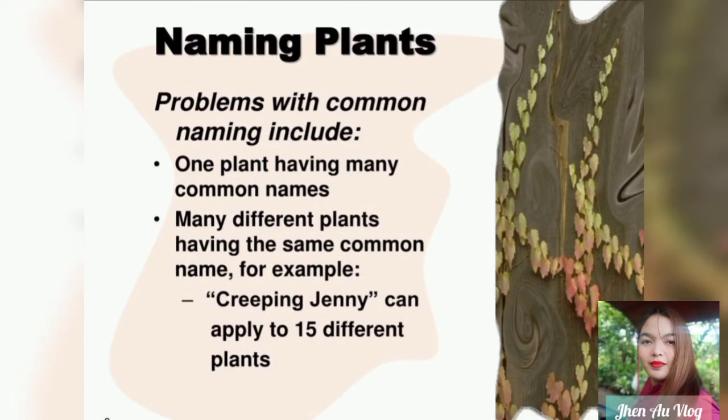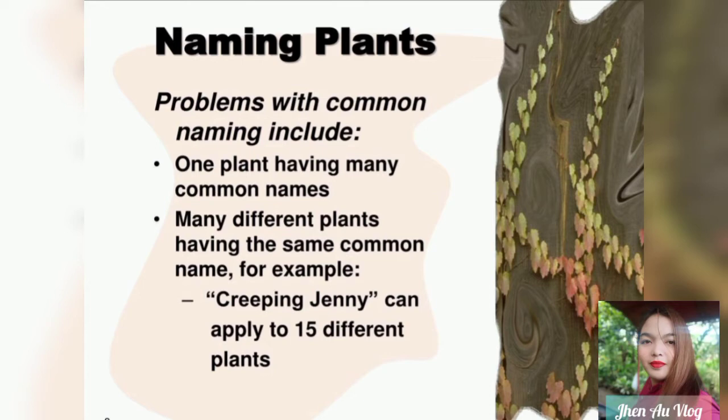Naming plants. Problems with common naming include: first, one plant having many common names. Second, many different plants having the same common name. For example, creeping Jenny can be applied to 15 different plants. So we have different common names in different